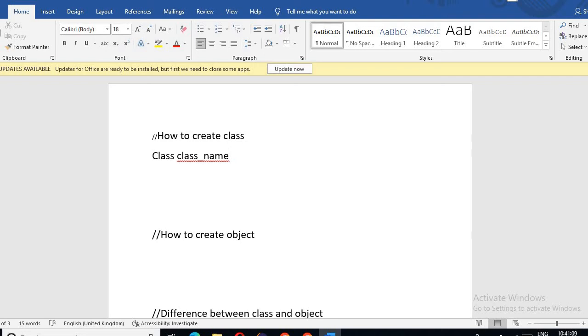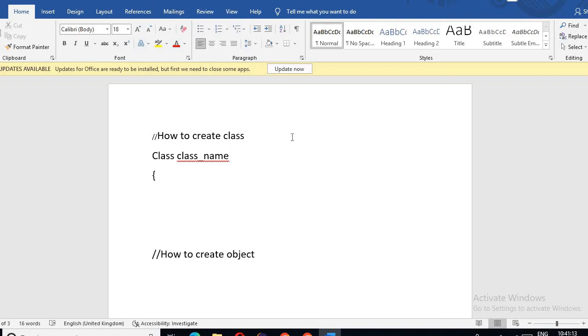Then opening braces. After that you have to write public static void main. Instead of writing public static void main, I am writing PSVM. Inside the brackets, String args with square brackets.